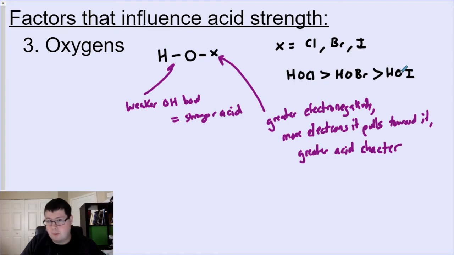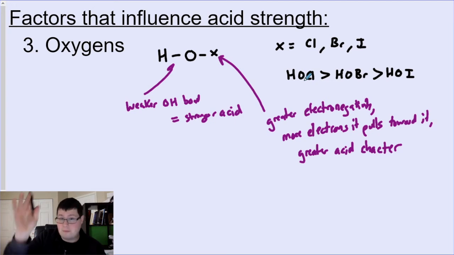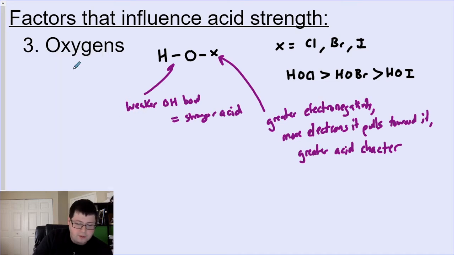Now, this is important. You'll notice then that the acids' acidity went up as we went up the group, which is exactly the opposite of what we saw before. That's because before we were dealing with just binary acids, HF, HCl, HBr. Now we're seeing acids with oxygen, and it reverses the trend. With this oxygen here, as we go to more electronegative elements, we have a stronger acid. The other factor that influences oxyacids is that the more oxygens we have,